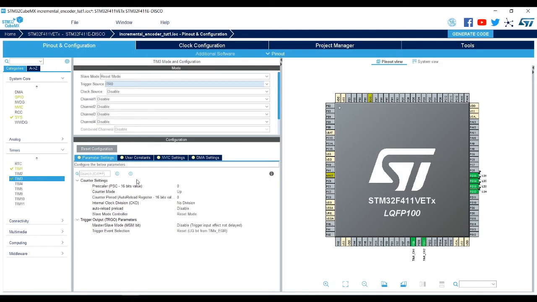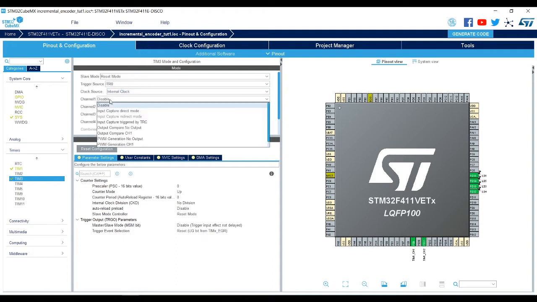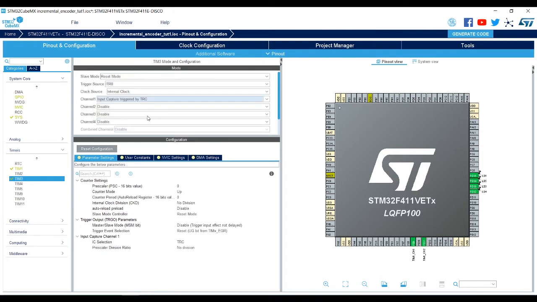Since we have set timer 3 as slave in reset mode, it resets whenever ITR0 is triggered. The counter value where the reset has occurred can be captured in the input capture 1 register. This can be done by setting channel 1 to input capture triggered by TRC.